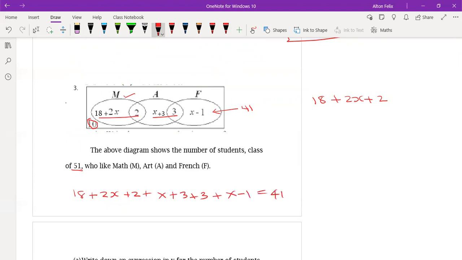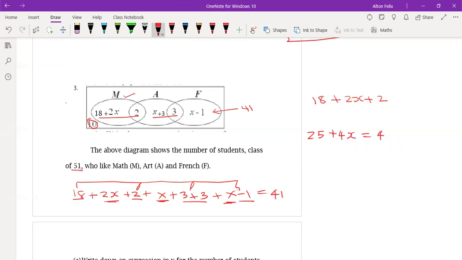And this is where we simplify. Let's focus on our constants, numbers by themselves, and see if we can add them. We got 18 plus 2 is 20, plus 6, 3 plus 3, that's 26, minus 1. So that will give us 25. Let's look at our x's now. We got 2 here, 2 and 1, that's 3, plus 1 is 4. So 25 plus 4x